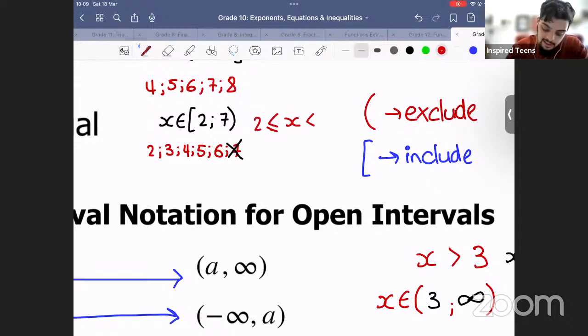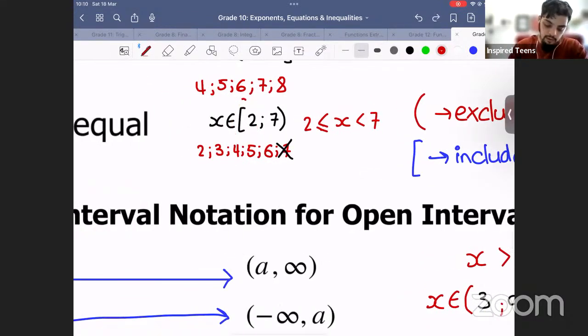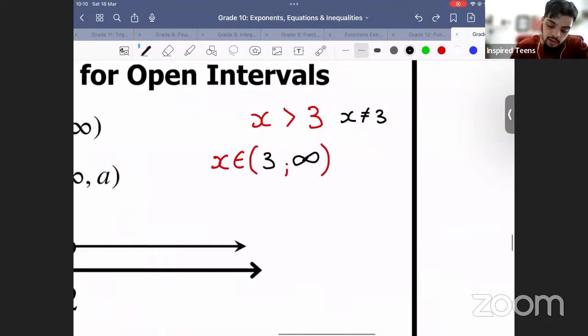But x is definitely less than. Do I say or equal to 7? No, I don't, because again, it's a circle bracket. Circle bracket matches with the single inequality, not with the or equal to. So x is greater than or equal to 2, because it's included with the square bracket, but it's less than 7, not including 7. These numbers fulfill the same interval, 2, 3, 4, 5, 6. So that's interval notation. That's why when we have x is greater than 3, we don't include 3, it's excluded,